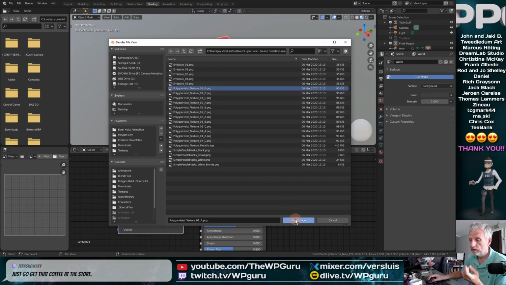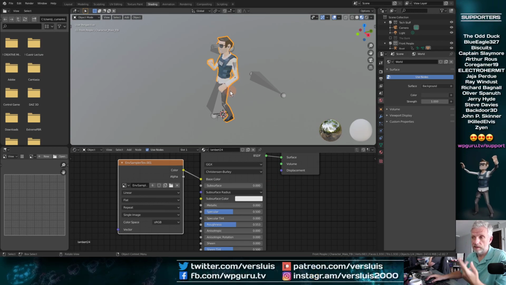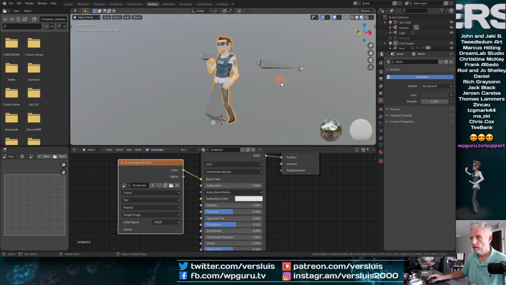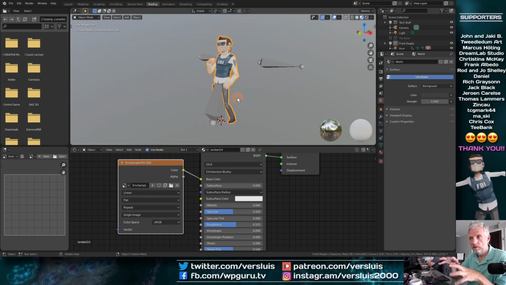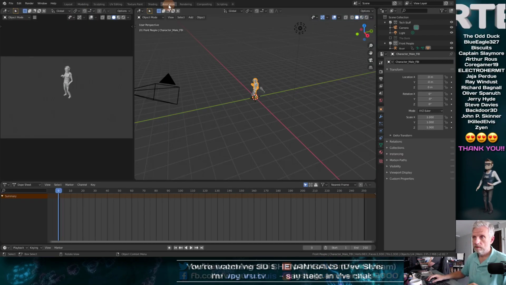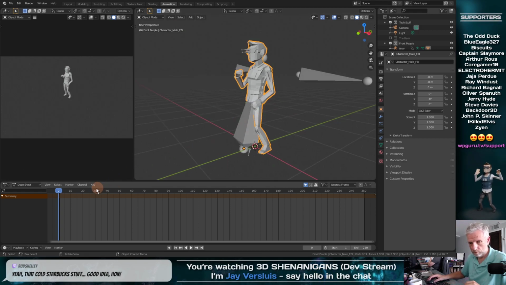He comes in different variations, so even if we use the same model, we can have him as a black guy or with a different type of shirt and all that. So that's him with materials on. That's nice. And we've got this one animation on him, so I'll turn that into one of those magic blocks for now.